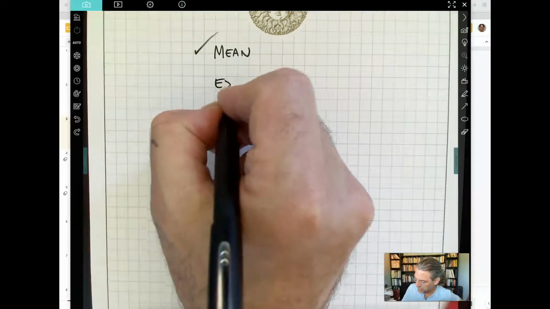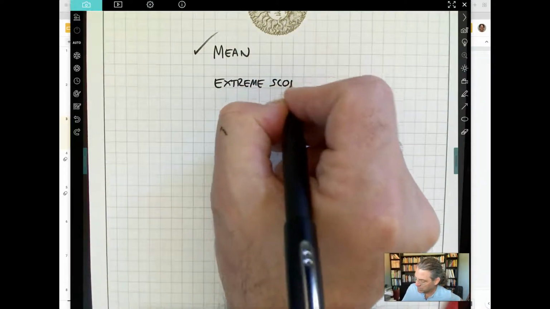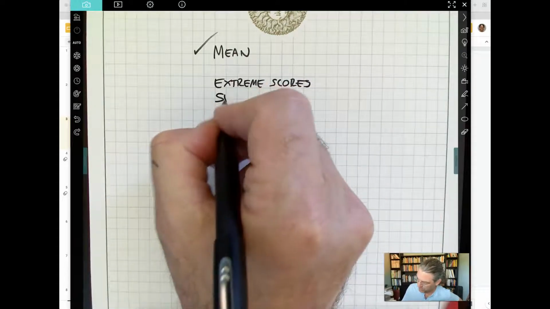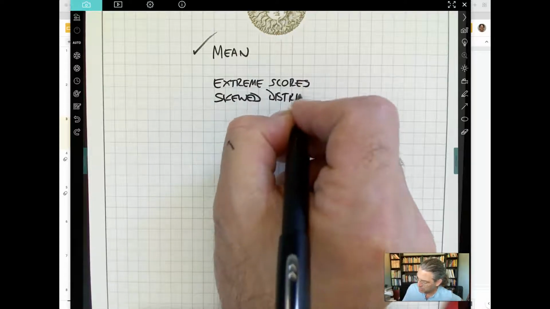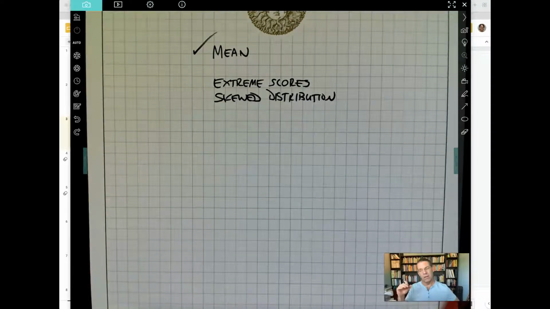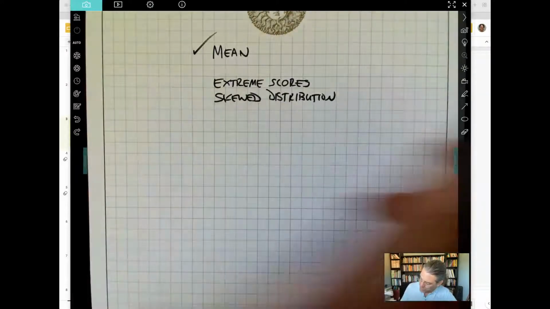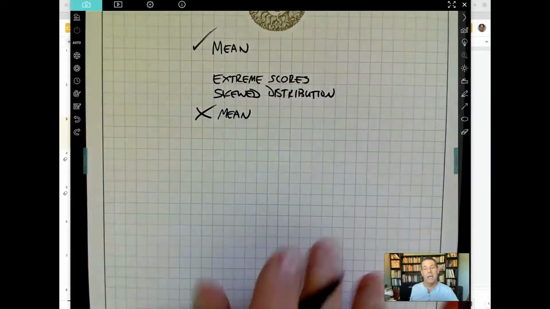and that's when you have extreme scores in your group, or you have a skewed distribution. That's where the scores tend to be more on one side or the other. So you have a lot of people who have low scores and a few people have higher scores. That would be a positive skew. Or you have a lot of people with high scores and a few people with low scores. That would be a negative skew. When you have that, don't use the mean. The mean is going to be a problem there,